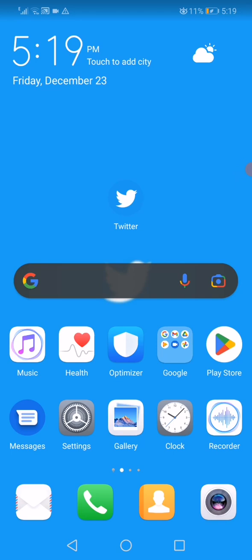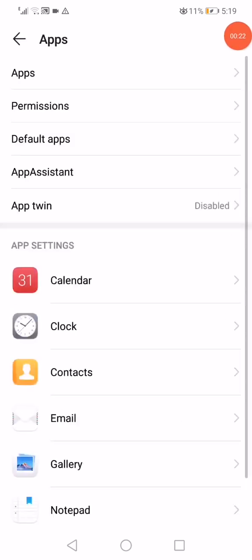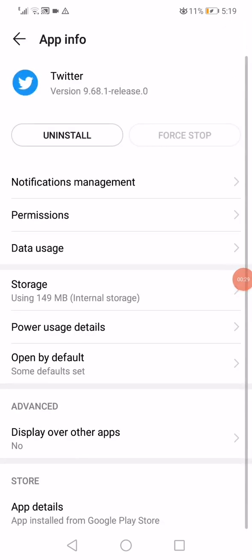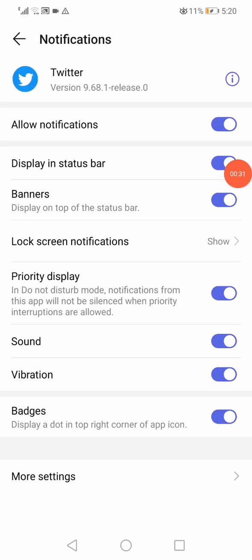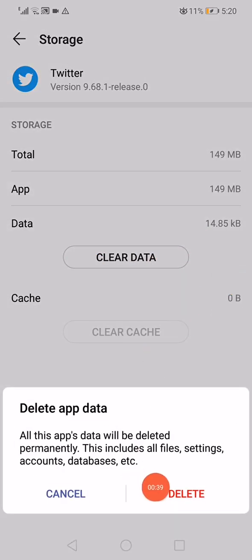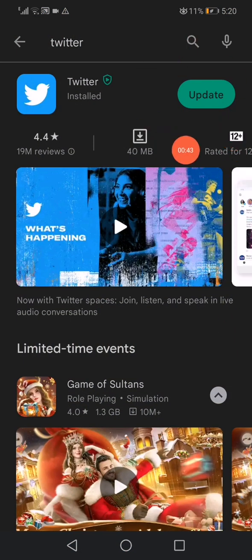So first thing you wanna do is open the settings and then go to the apps manager. Open the apps, go to Twitter, click on the notifications, and now disable the banners option and go back, click on the storage, click on clear data, click on delete, open the Play Store, search for Twitter and update it, and you can